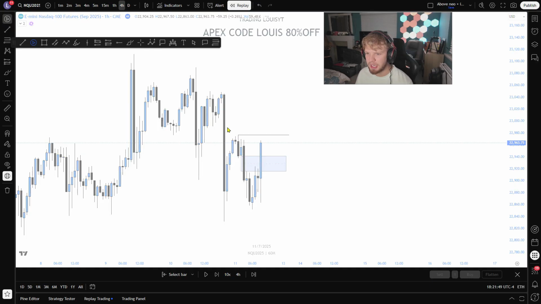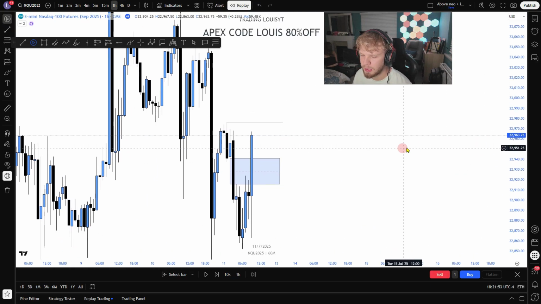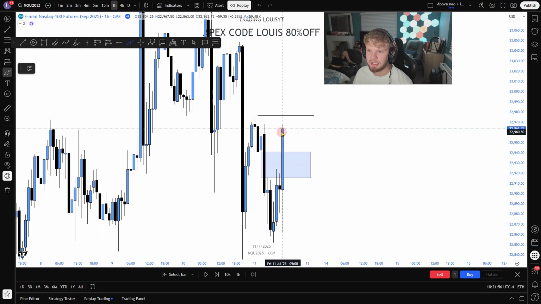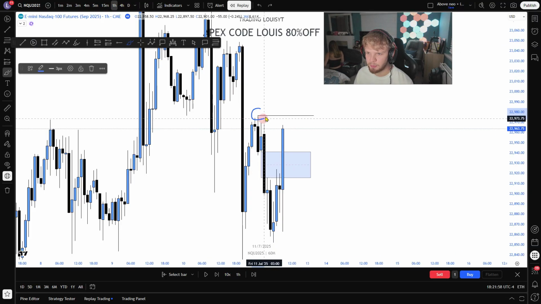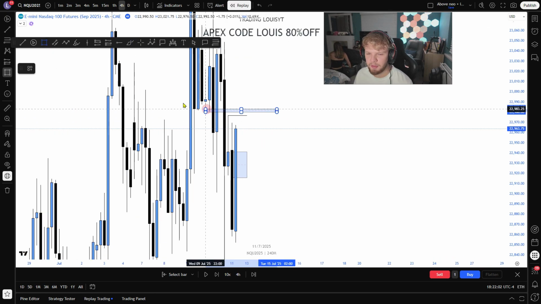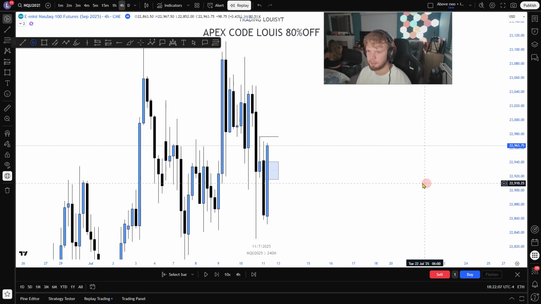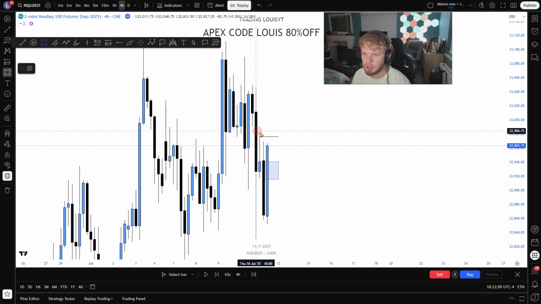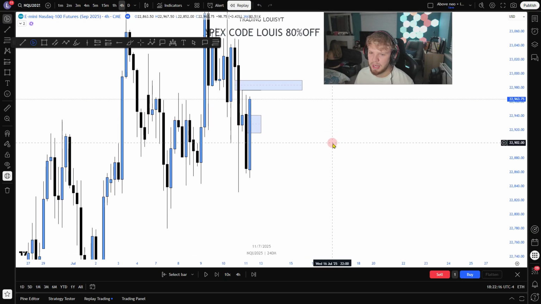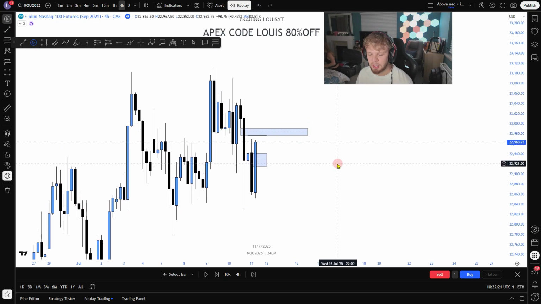But if I check the 4 hour time frame, why is this a very, very strong draw on liquidity? One, it's not only a nice little internal liquidity swing high, it is also an unmitigated higher time frame fair value gap. Okay, this is very important to note. I'm going to show you two examples of this, so pay attention. Whenever we are trading, especially with the higher time frame, if you can find a higher time frame, be it a 4 hour or a nice 1 hour, unmitigated fair value gap, price action most of the time